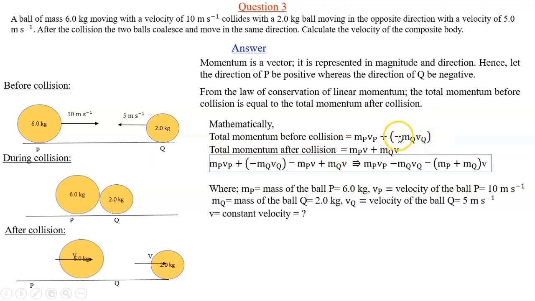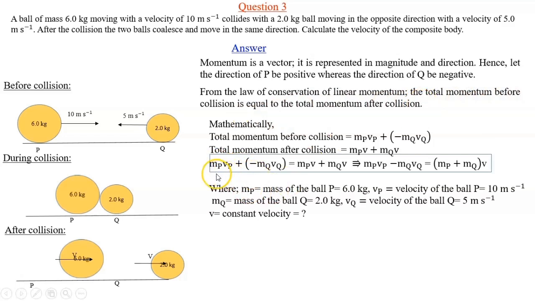This is a minus sign because the ball Q is moving in the opposite direction to ball P. Total momentum after the collision is mp v plus mq v. This is because it was observed that the balls, after the collision, move in the same direction with a common velocity. Then, from the law of conservation of linear momentum, which states that the total momentum before collision is equal to the total momentum after the collision,